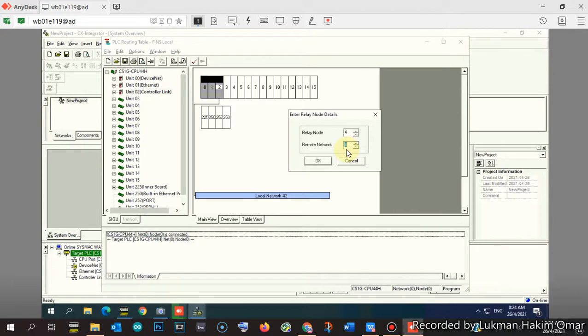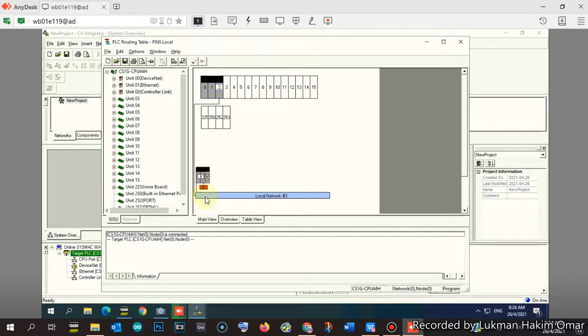So this one is the rules if you want to configure the remote network in Omron PLC. Okay, so you will select OK. As you can see here, we have the remote network, because this is the slave PLC. The slave PLC uses node number 4, and the remote network is number 4, because the local network of the control link is number 3. It's the last one.